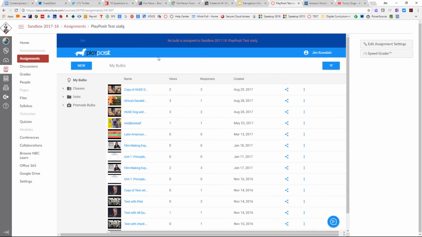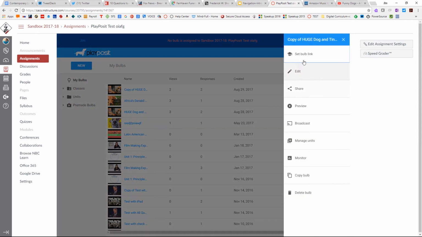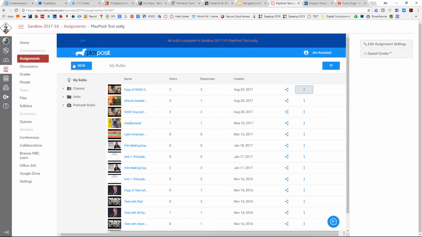So now we're going to add a new bulb to this Canvas assignment. Notice at the top it says no bulb is assigned to this course, and then the assignment name. We create the bulb, or we just choose the bulb, and then this is where we would click Set Bulb Link. So once we've created a new bulb, that's what we'll do. We'll click Set Bulb Link, and then that bulb will be embedded or integrated with that Canvas assignment. So we click New Bulb,